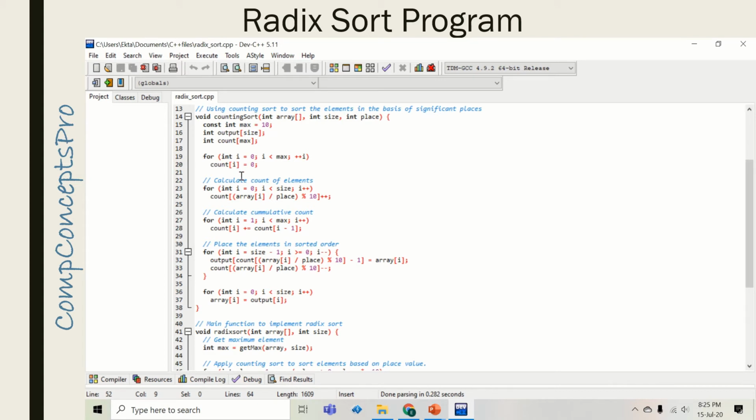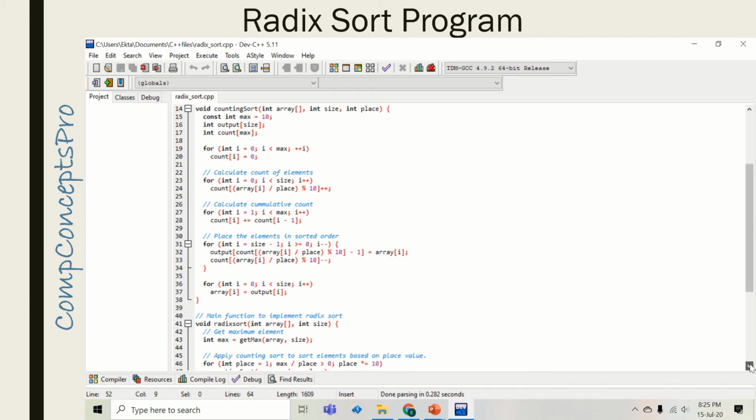The next for loop is to fill the count array with the frequency of a particular digit at a particular place value. For example, in the first pass, we have to see how many times a particular digit is appearing at ones place. Like in our array, there are no numbers with digit 0 at ones place. I will show you the array here.